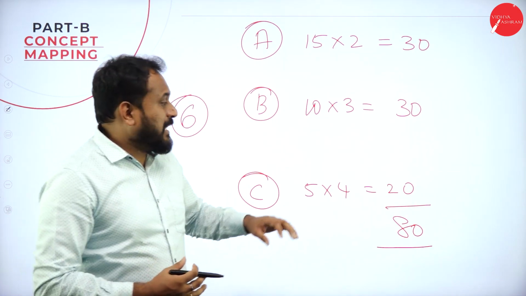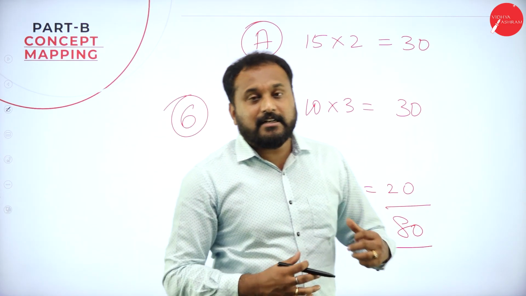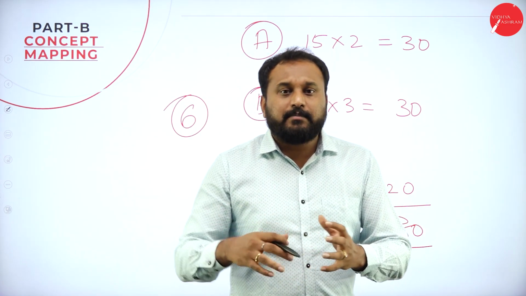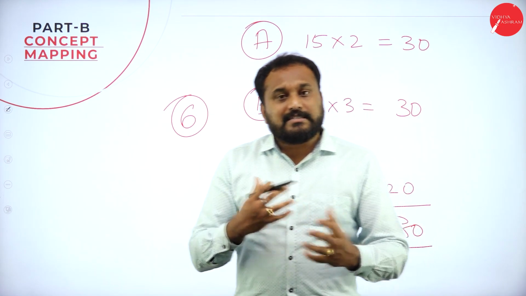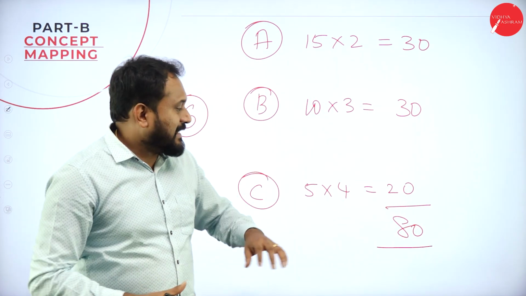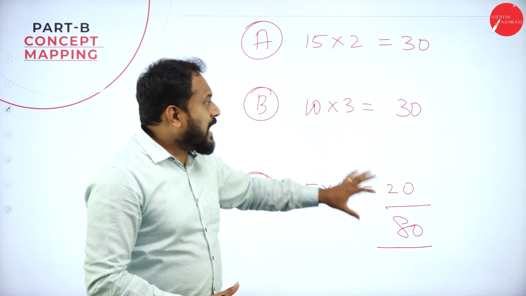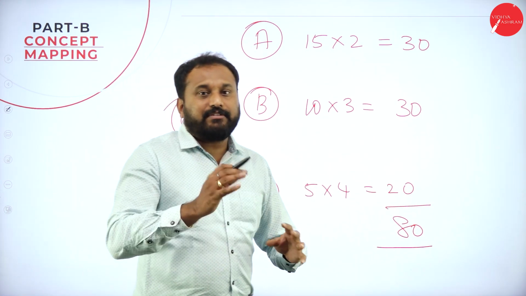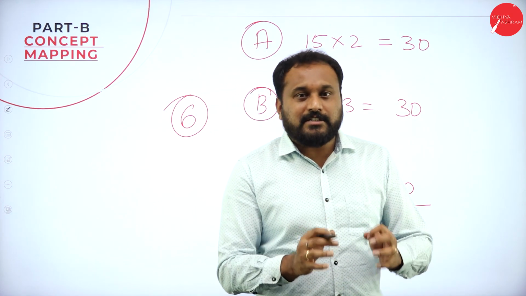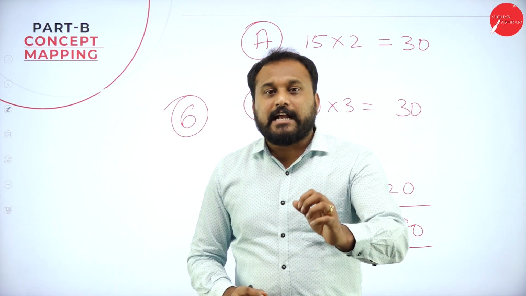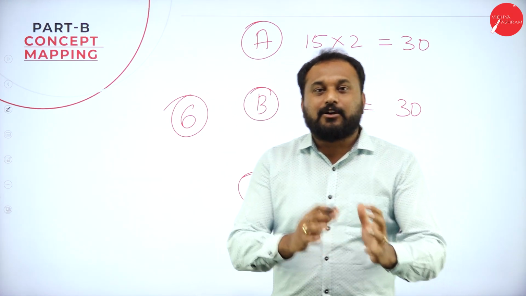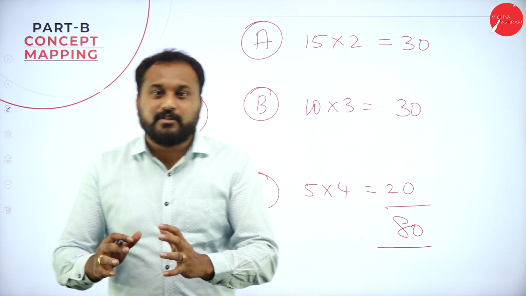There is no minimum or maximum for internals. Maximum is 20, but minimum, even if your faculty have given 0, no issues. You are supposed to just take 40 from the external, and you pass. But our main intention is not to get 40, 50 or 60. Our only intention is that you should actually get 80 marks, that is 80 on 80. That is how you are supposed to go.